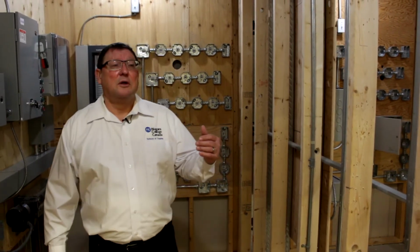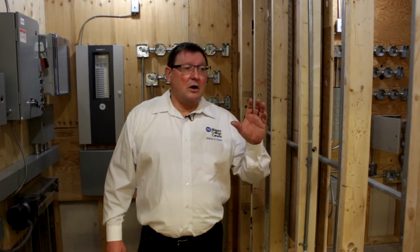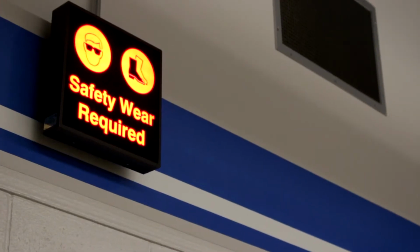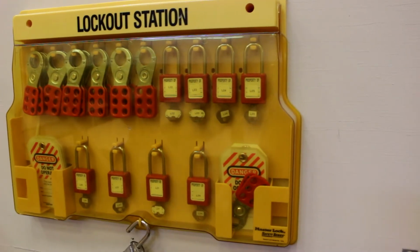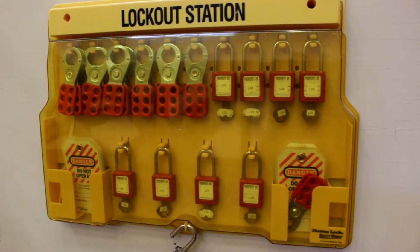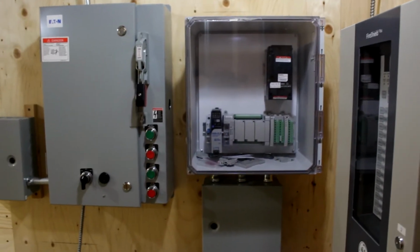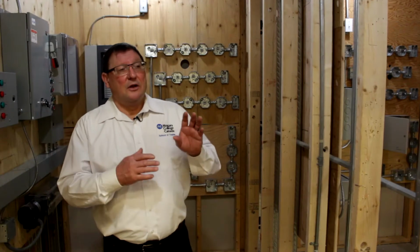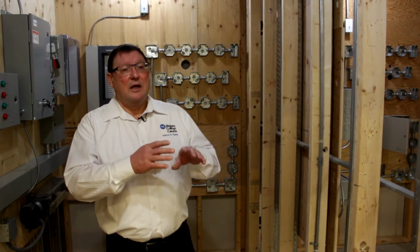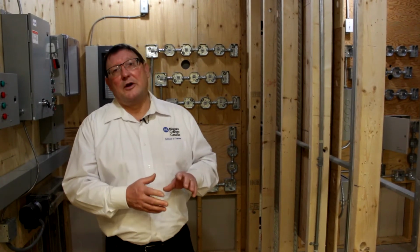What we do here is very, very strong on our health and safety. So one of the biggest things our students have to do when they're working on a panel is their lockout, tagout, and test procedures. They'll use a multimeter and go into the panel to make sure it is shut off. They test it with their meters, and when they're done, they lock it out. And it's very, very important